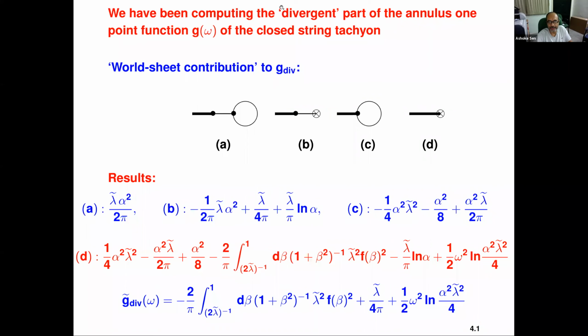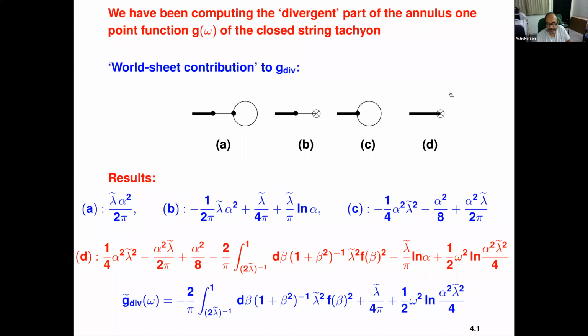So not everything that we analyze will be divergent necessarily, but anything that has not been included in the finite part is what we are including, because that's the extra term that we have to keep track of. So far we analyzed the simplest one, the worldsheet contribution to the divergent part. This is obtained simply by taking the DRY formula for the divergent part and then appropriately treating them using string field theory. So you saw that we have a sum of 4 Feynman diagrams, and then each of these Feynman diagrams can be explicitly evaluated. The results are given here.